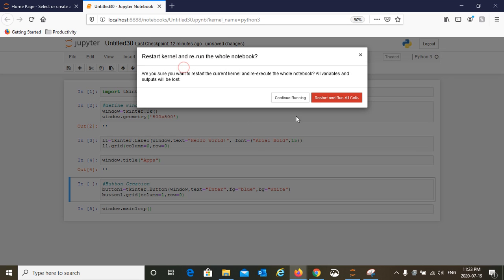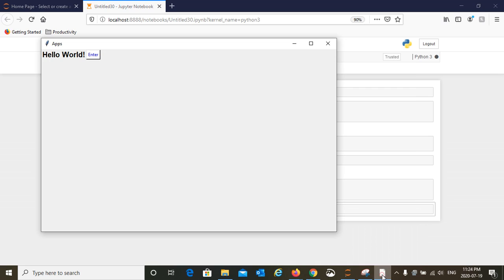Let's run it and see the fun. Okay, not bad. Look here, hello world, and the enter button here, but nothing happens. If I click this button, nothing happens. So let's put some action on this button so that when I click this button, something should happen.